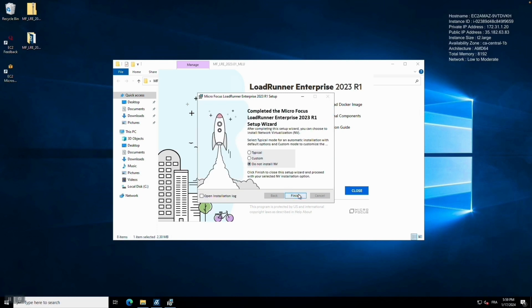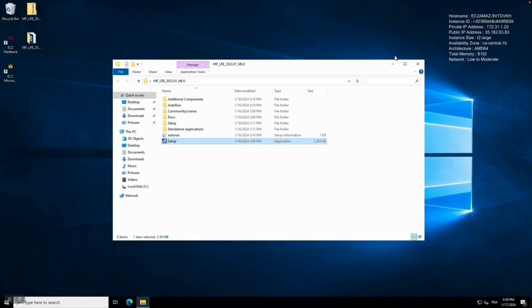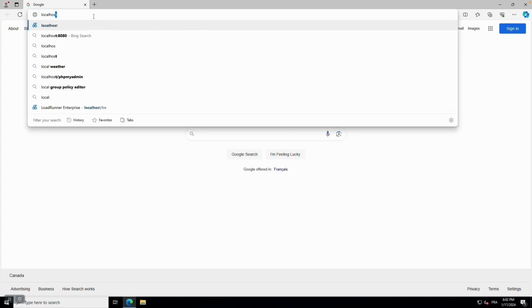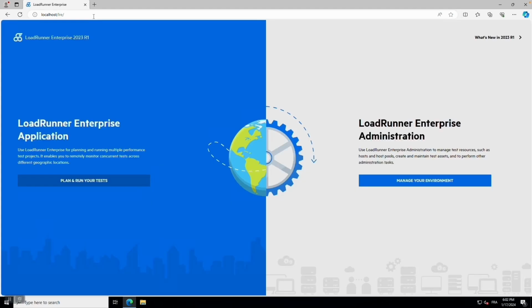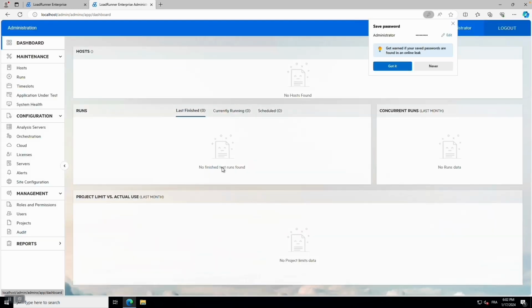Again, there's some extra options at the end. We're not installing network virtualization. At this point, I want to test and see if everything went up to plan. So I'm going to open a browser window, and I could either type localhost/LRE. I could also enter just the IP, and it would do the same thing. Just the IP address/LRE will bring me to the same splash page,